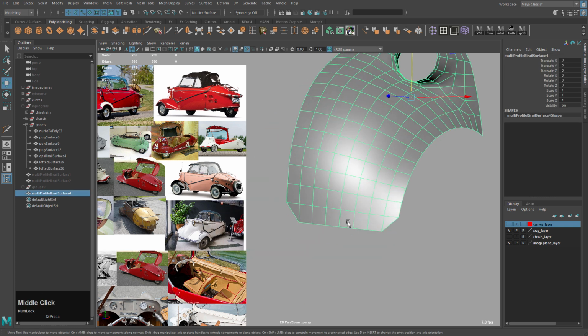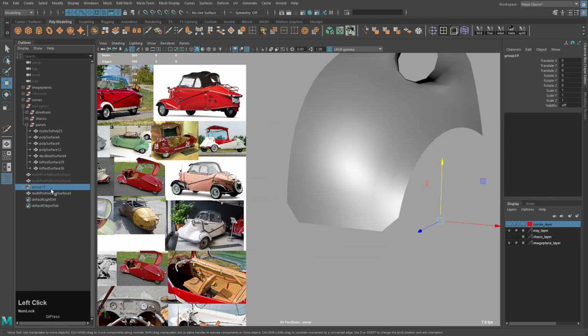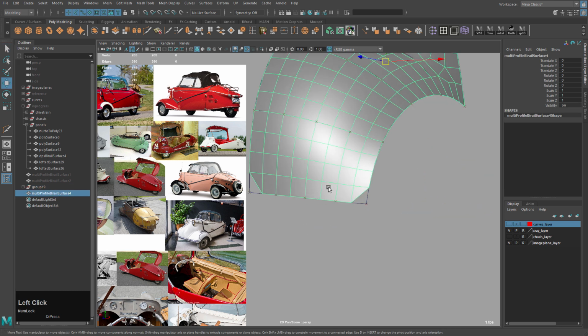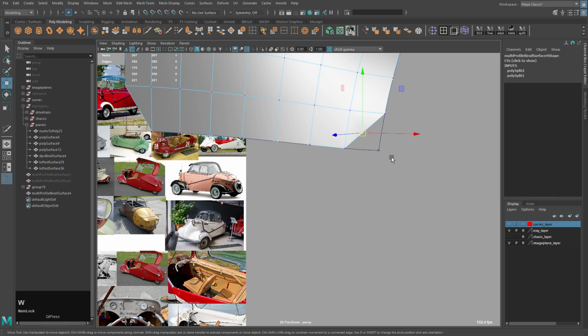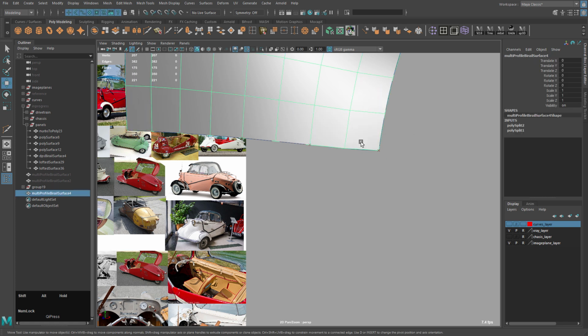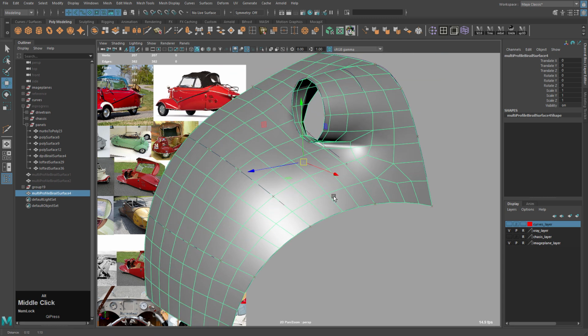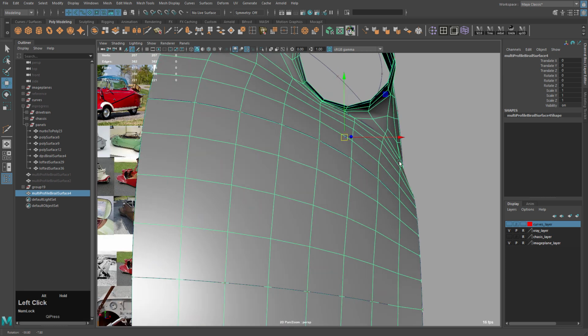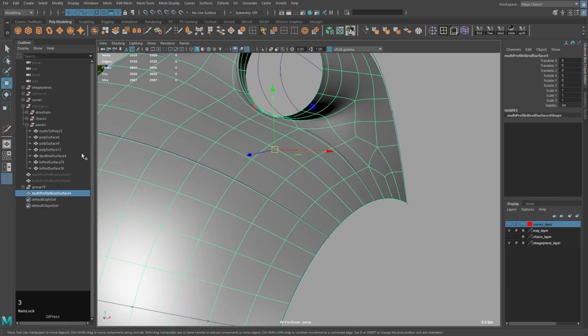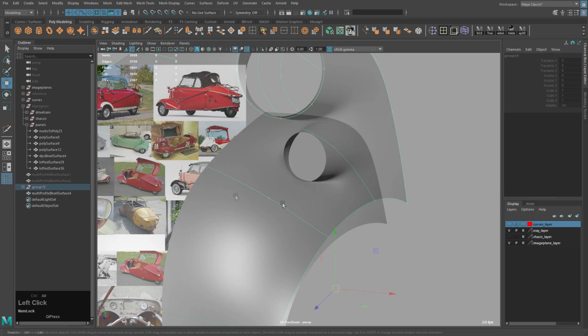Now I accidentally deleted these vertices, but we have the curves, so it's an easy way to get it back. This happens to me all the time because I forget there's a vertex there and I just select everything and delete it. Just add a vertex, hold V, and snap it back to the curves. This face here I'm not too thrilled about. Maybe I'll try and fix it later, but it doesn't seem to be causing any issues.